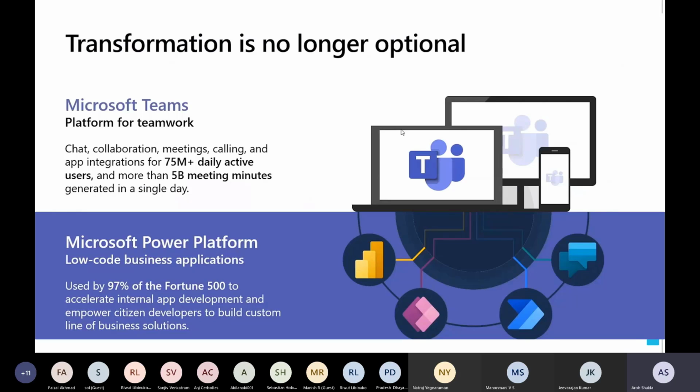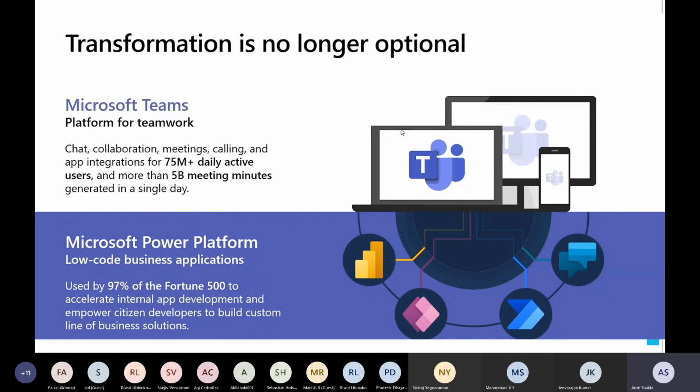Now I want to tell you a very important thing here: transformation. My first slide was about transformation. Now transformation is no longer optional. Again, it's not optional. What Microsoft is trying to do is, as you see in the stats, it has around 75 million active users, and now it's trying to embed Power Platform in the form of Oakdale.